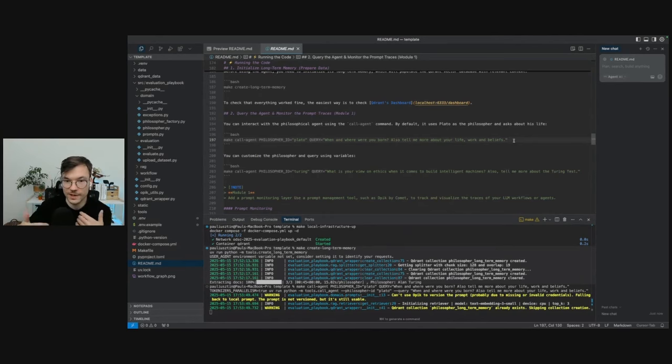I especially formulated these multi questions because our goal is to see that the agent can actually understand that, okay, I need to answer multiple questions, decode them into multiple questions, and first make a query for when were you born, then retrieve from the vector database where were you born, and then ask some questions about your life, work, and balance. So